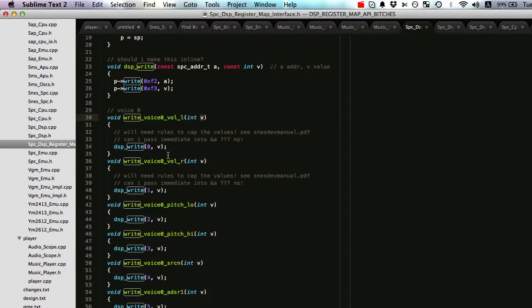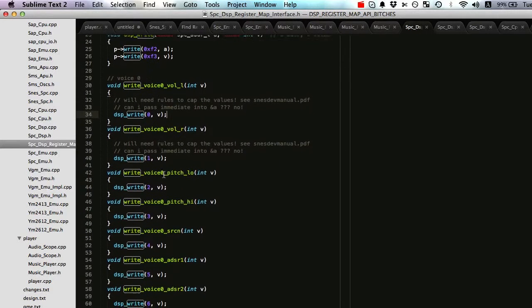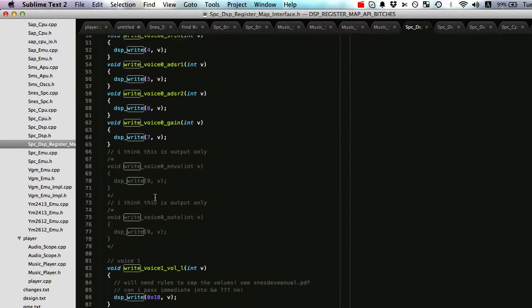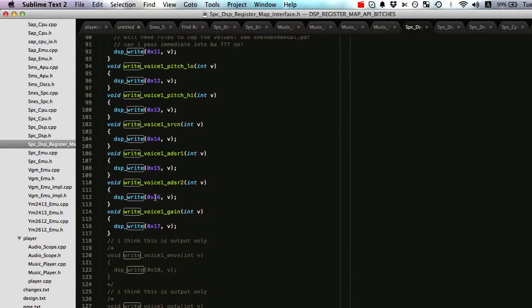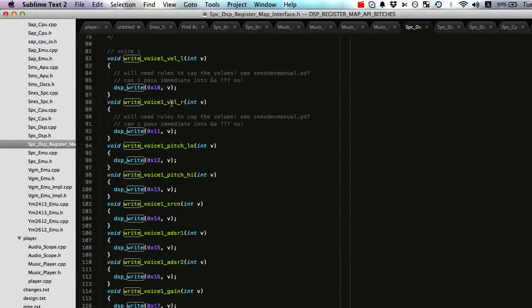It would be helpful to add in some logic here to cap the values at the proper range, because it'd be bad if you fed it a value from outside the range. For instance, I think the volume will only go up to 128, so if you gave it higher volumes, there should be some logic somewhere that enforces those boundary rules. But it just goes on to provide this functionality for voice 0 through voice 7. And these functions include the left and the right volume,